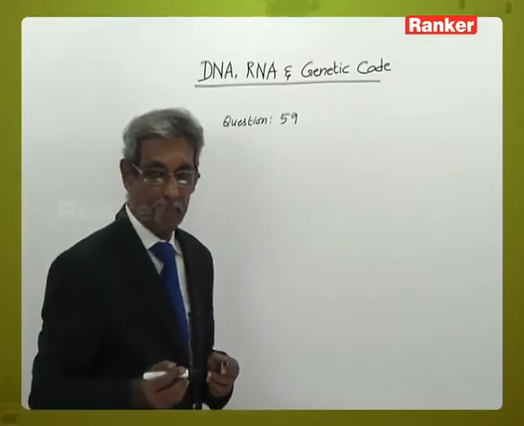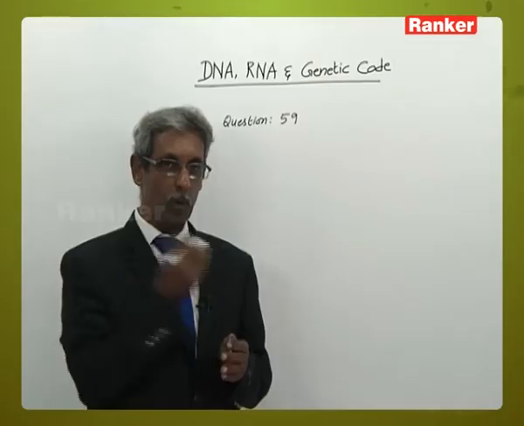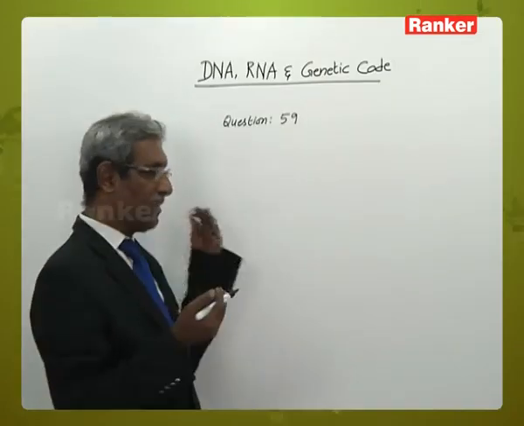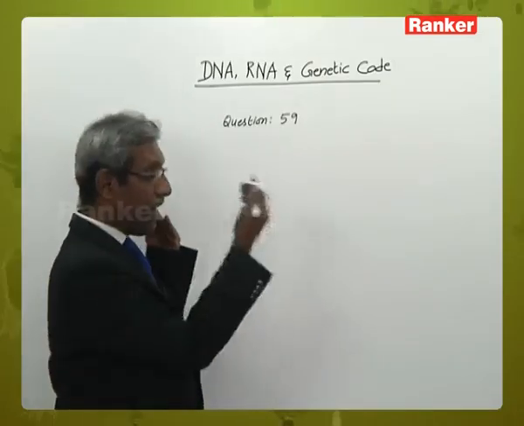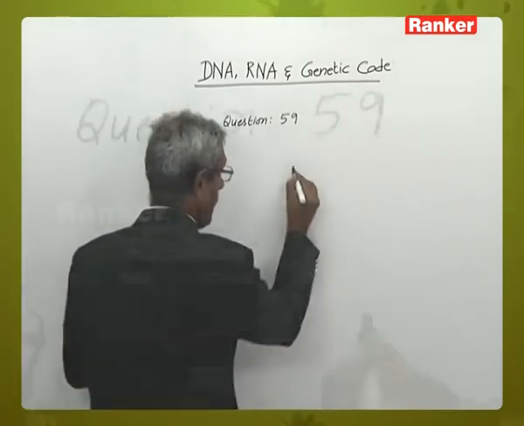Question 59. In replication, new DNA strand is formed or synthesized in which direction? During DNA replication, always the new DNA strands are synthesized from the 5' to the 3' direction. Always remember, the 3' direction is on the left hand side and the 5' direction is present on the right hand side. So, DNA synthesis